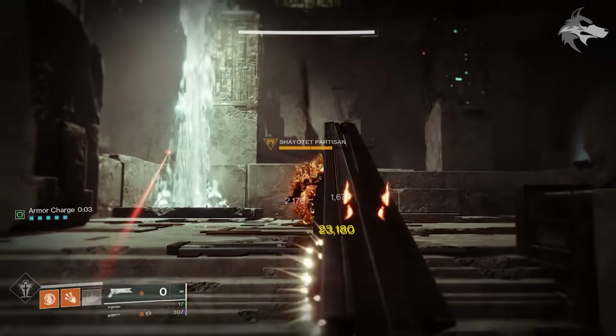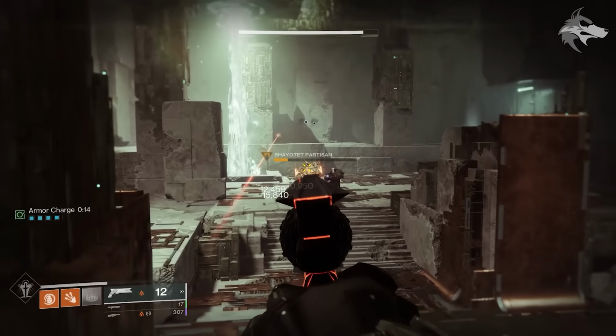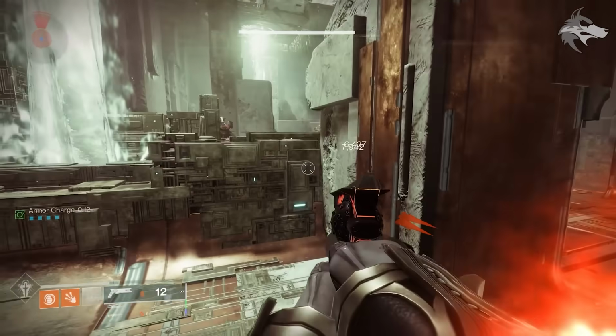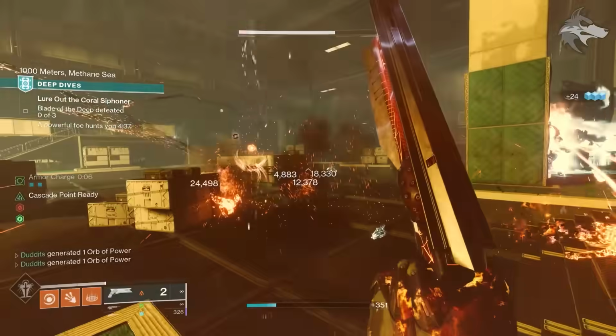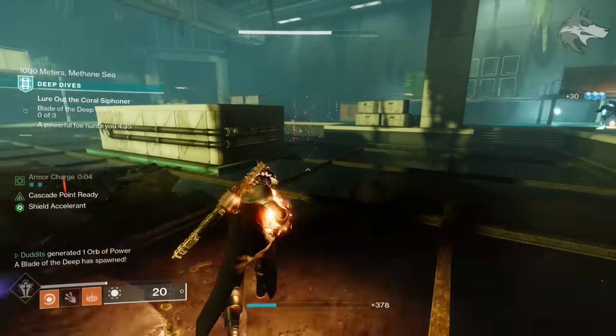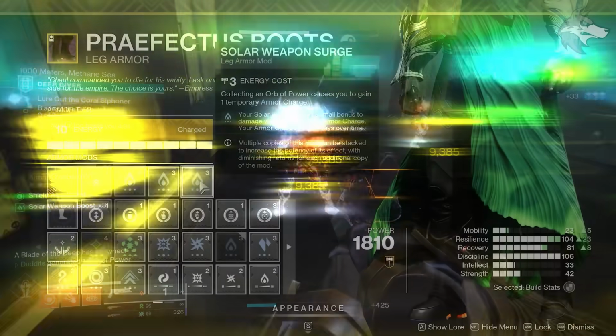Of course though, it requires quite a lot of armor charge focus mods in order to have 5 stacks of armor charge. So for the purposes of this build, we were only running 3 armor charges. Just keep in mind that you can run more if you want even more Scorch damage. However, in this gameplay, for the vast majority of the time, we were running 3 solar weapon surges instead, which